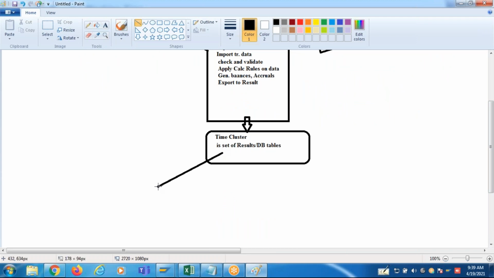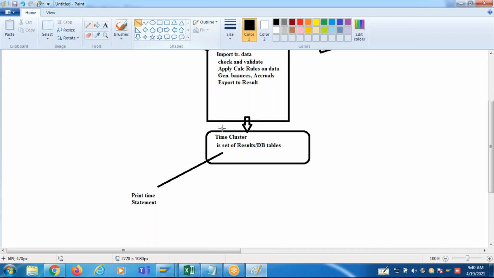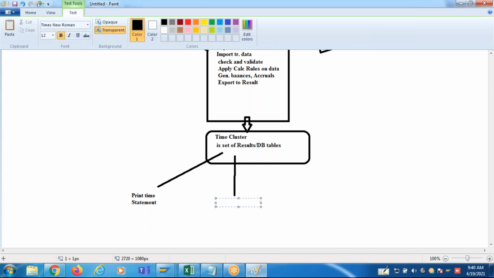What are those? First, print a time statement, like a payroll payslip. Similarly, we have a time statement. Next, leave accruals. It generates leave accruals. What are the leave accruals?